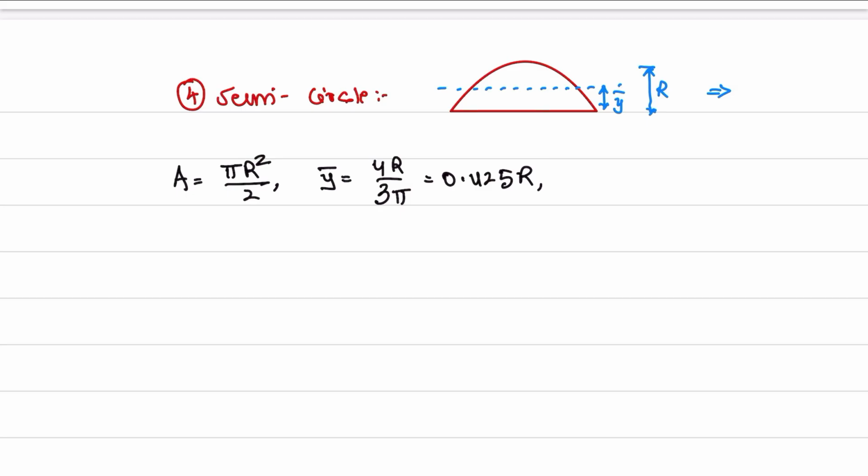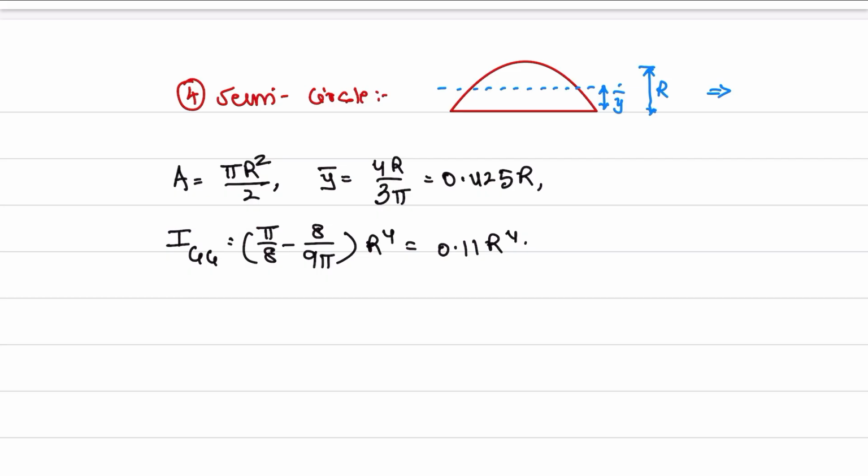Area we have got, center of gravity position we have got. Now ICG is equal to, it's very very important, pi by 8 minus 8 by 9 pi. This I have derived in my previous lectures. Please refer to my previous lectures. That is 0.11 r to the power of 4. Here r is the radius, it's not diameter. These are the equations. Now you can go for a trapezium and other values also, as I told you. Now ultimately,